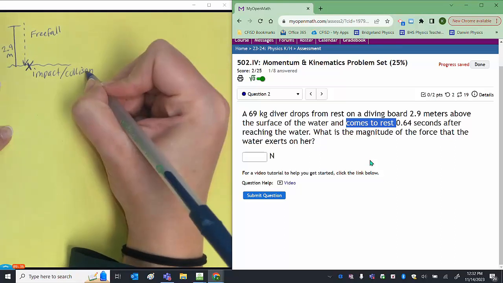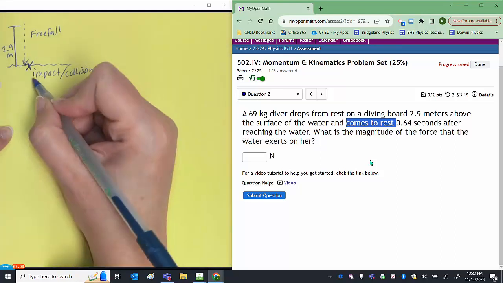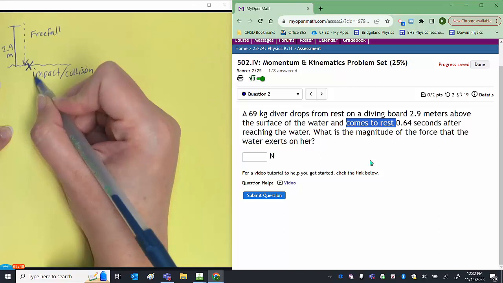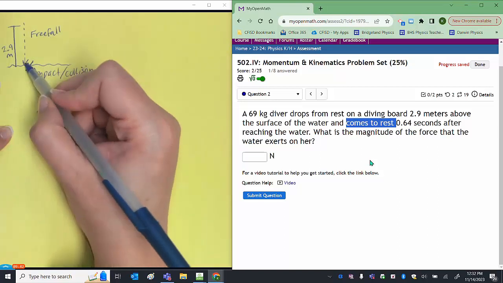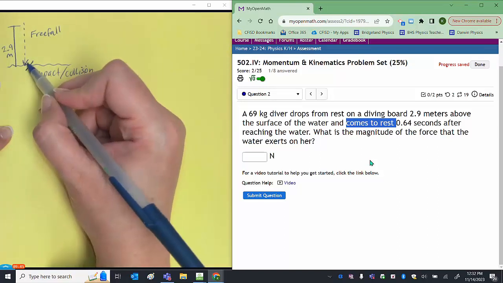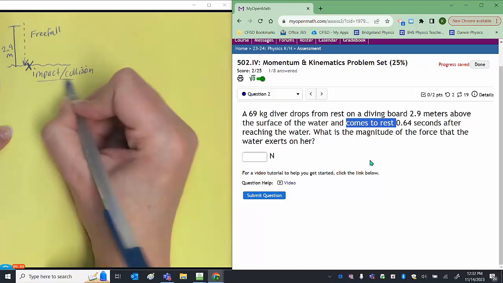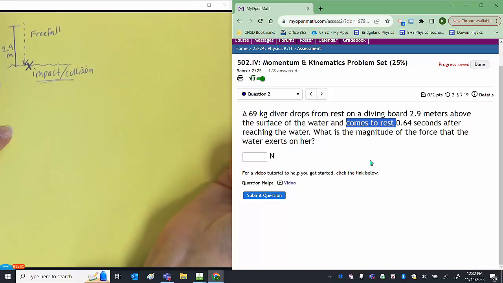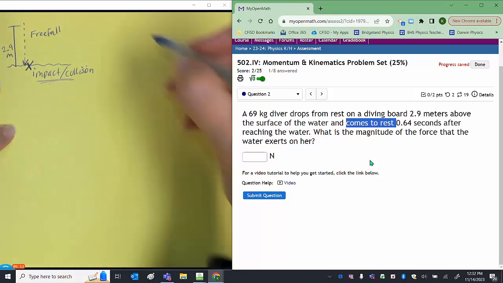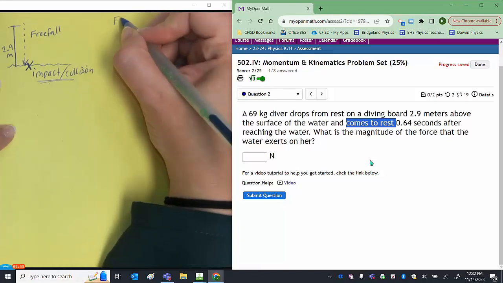Okay, and that collision, that's where your final velocity is 0. Your final velocity of this part's not 0. You need to figure out how fast you're going here so that you know your change in velocity when you have this impact, this collision. Okay, so there are 2 parts to this question,